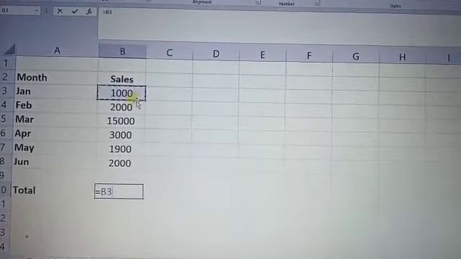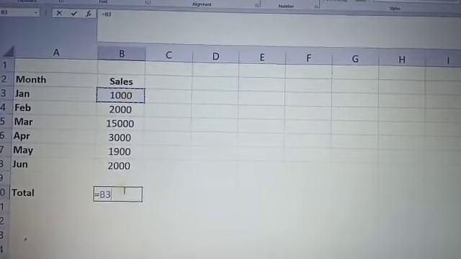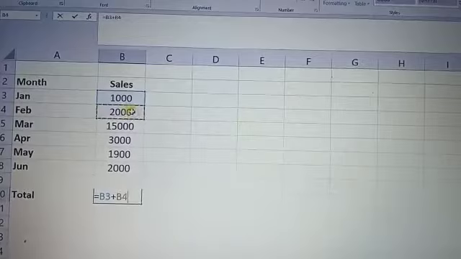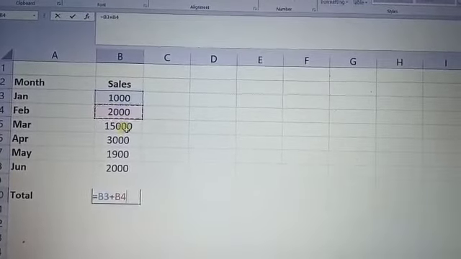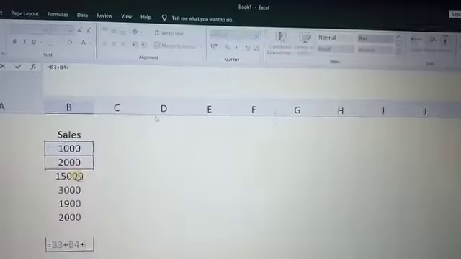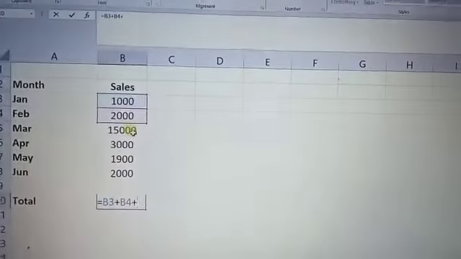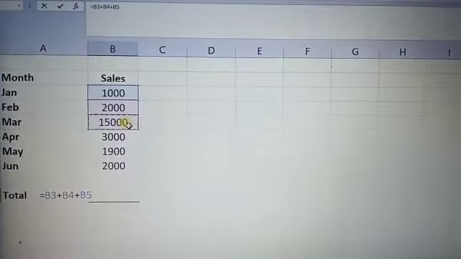B3 contains the value 1000. Then you simply use the plus sign, then 2000 in B4. Then again the plus sign, then 15,000, which is the value inside B5.